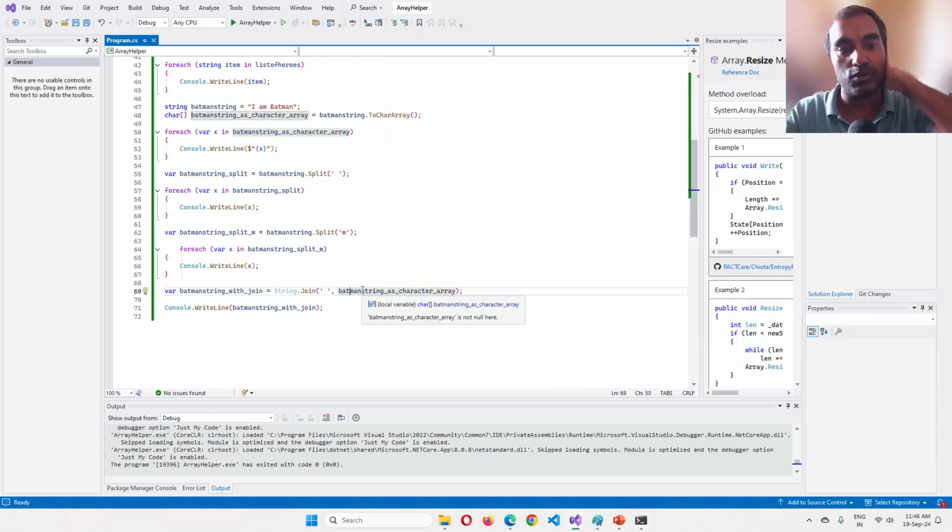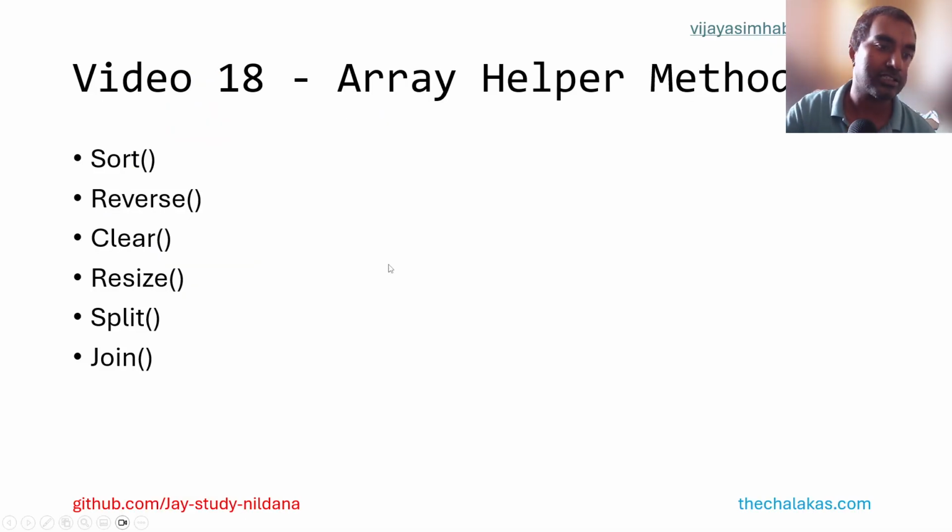That is all there is to it about the different functions that I want to talk about. Now obviously this is something that you use in specific scenarios. You're trying to sort something, you're reversing something, you're trying to clear something, you're trying to resize. We saw that in action, and of course splitting and then doing the reverse and the join as well. So again, all these things have a lot of options, a lot of overloaded methods which can help you